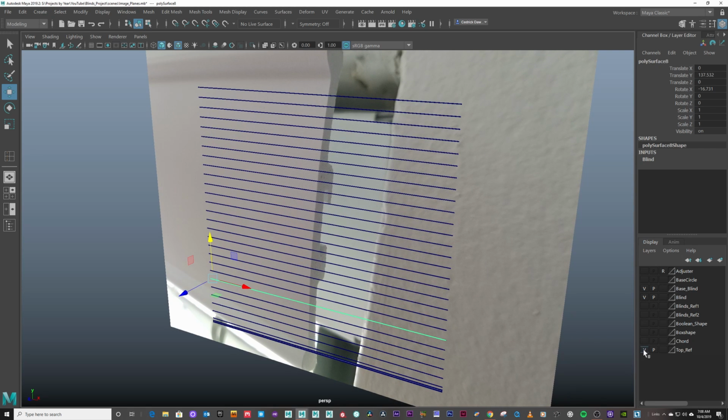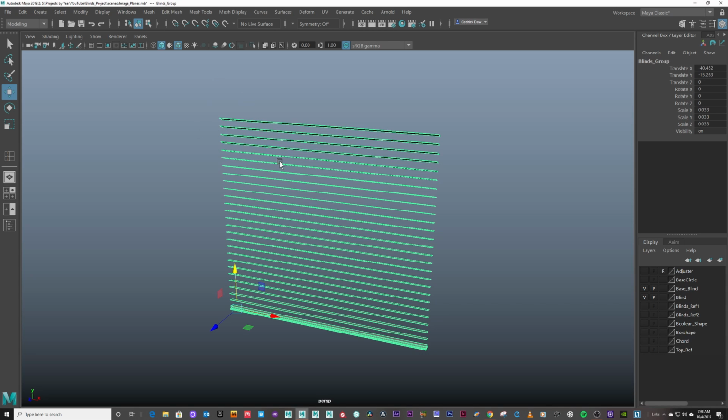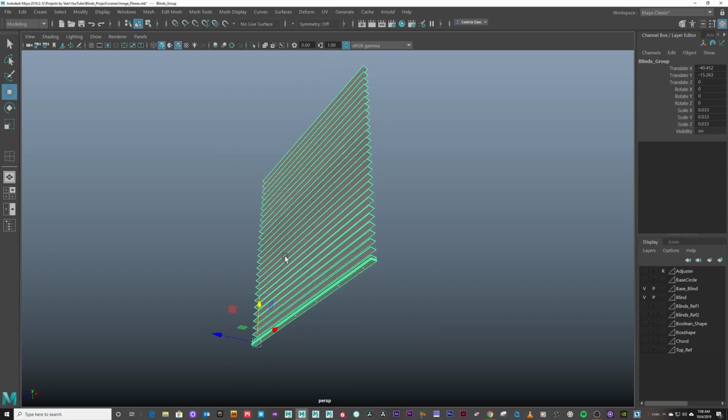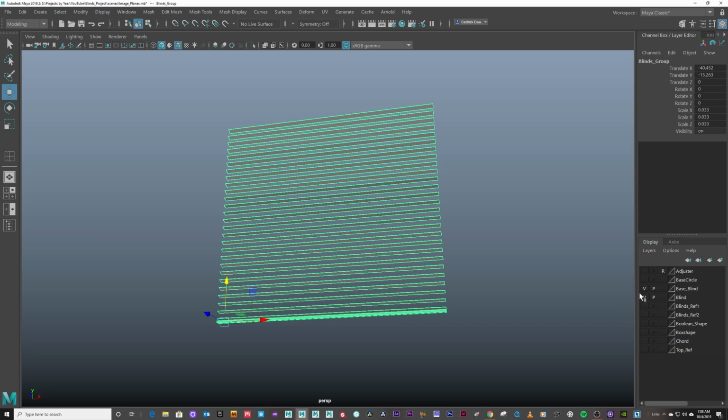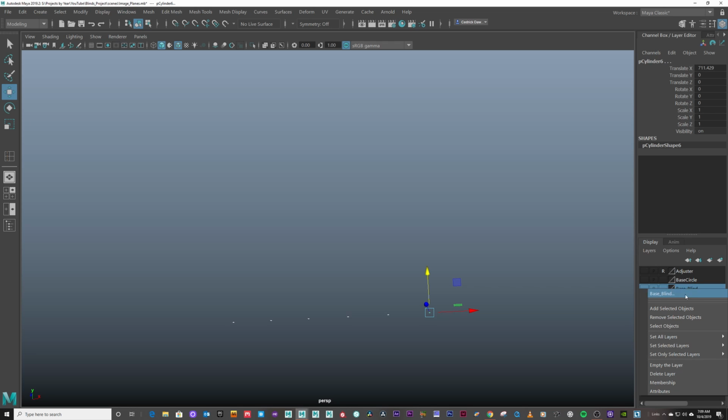Alright, so let me turn off that layer, and if I click on one of those blinds and press the up arrow, it's going to select the entire blind, and that's base blind, that's blind, and these little guys need a group. So I'll click on the base blind, I'll right mouse click and hold and add selected objects. Okay, so let's click on top reference,